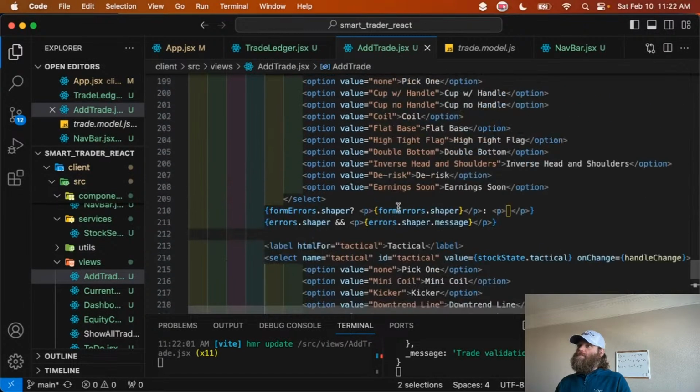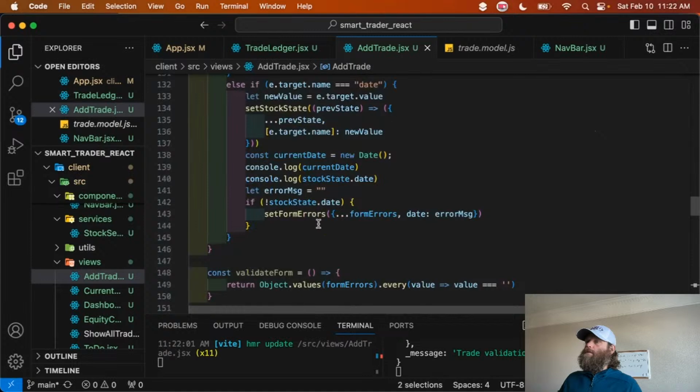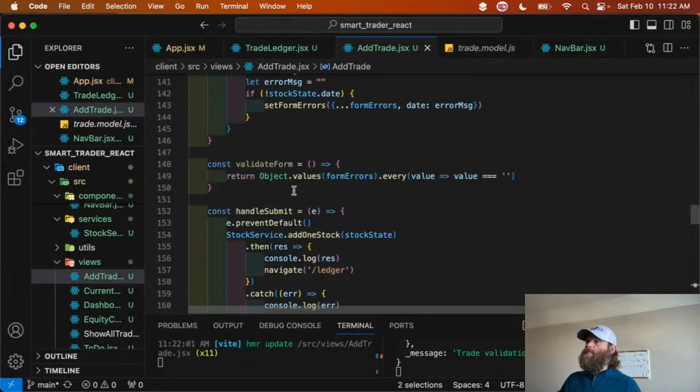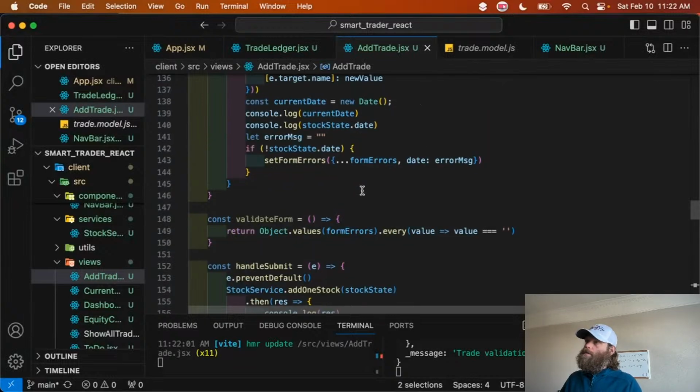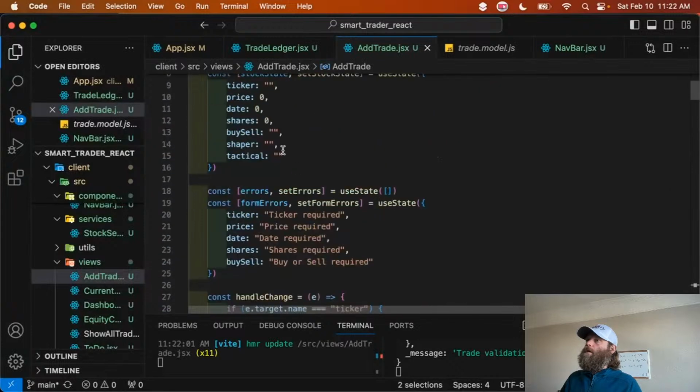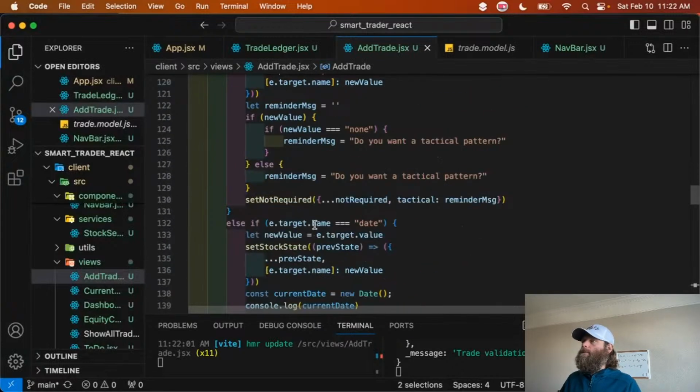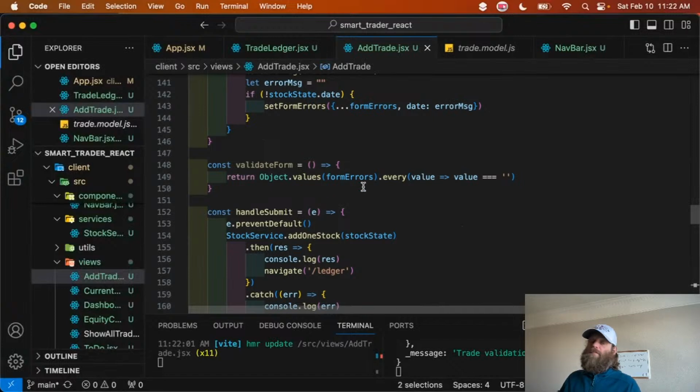On the button. So this validate form, the reason we made this is so that basically what's happening here is it's looping. It's using this, I always want to say instance, constructor, whatever. And it's going through all the values. These objects are key values. So here's form error. This is the key, this is the value. It's going through all the values, which is all the error messages. And if the values are all empty,